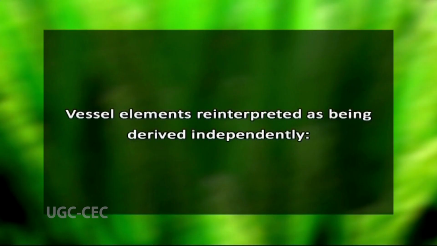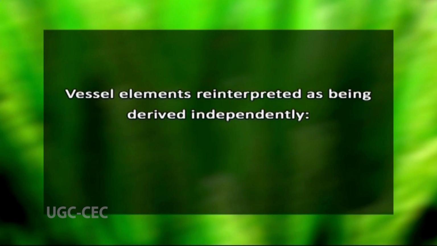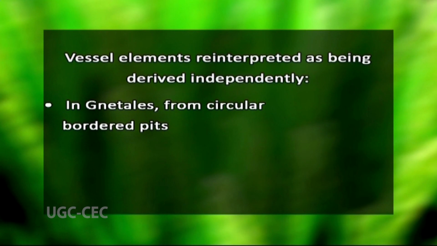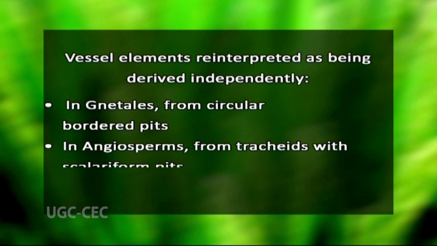However, very recently, this viewpoint has completely changed. For example, vessel elements are now reinterpreted as being derived independently. That means a product of parallel evolution. For example, in Gnetales, they are derived from circular bordered pits, whereas in Angiosperms, they are derived from tracheids with scalariform pits. One more widely debated hypothesis about the evolution of Angiosperms is that Angiosperms were derived from an extinct